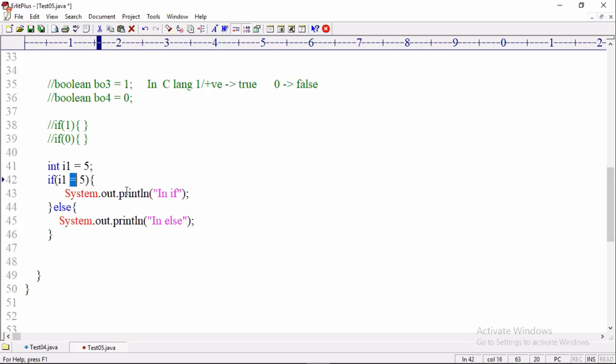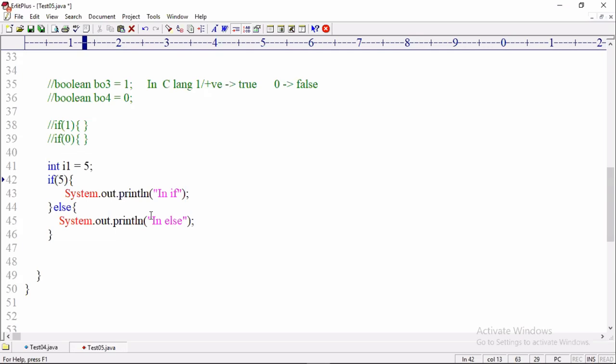What operator have I used here? It is not double equal. It is the assignment operator. What will it do? It will copy this 5 into the i1 variable, replacing it with 5.